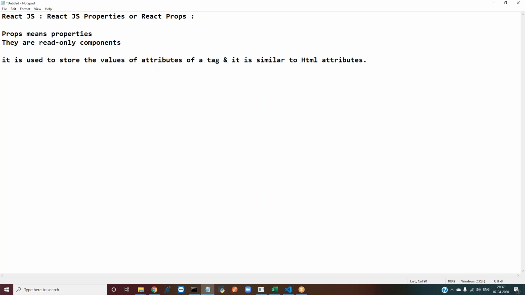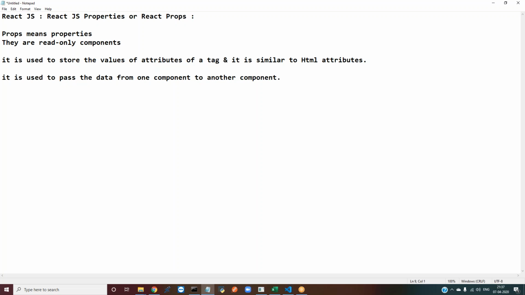I'll explain how you are going to pass the data from one JavaScript file to another JavaScript file. So I can say that it is similar to function arguments.